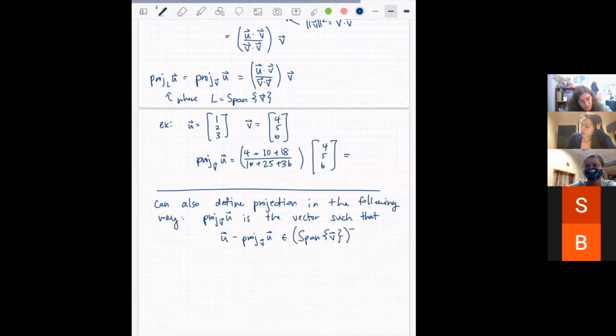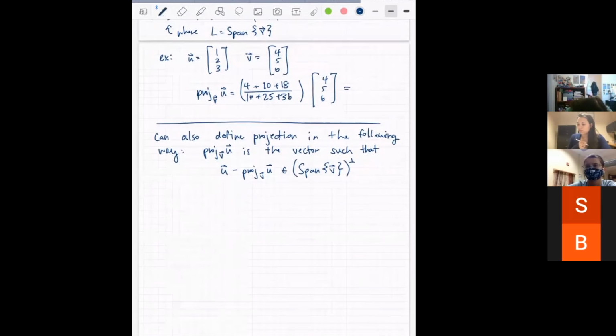That is the span of V as a subspace, perp, right? So this is saying that if we take U, subtract off the projection, whatever we are left with should be